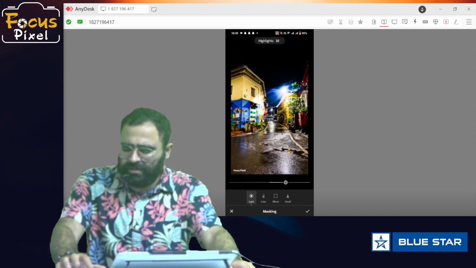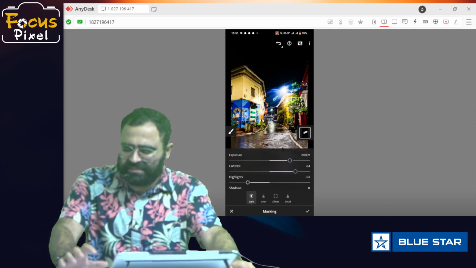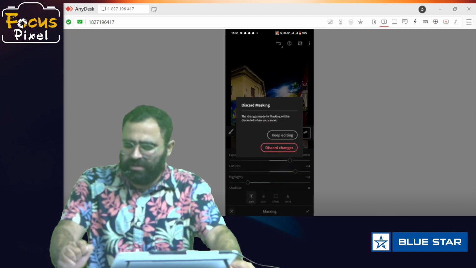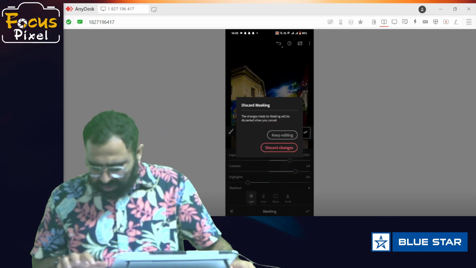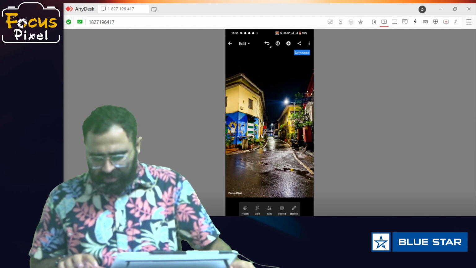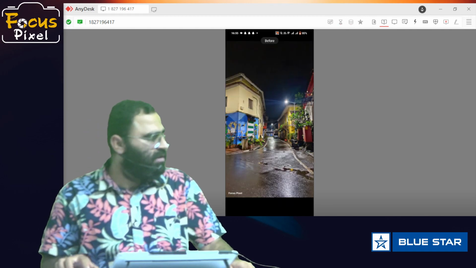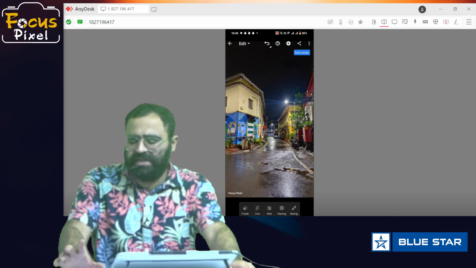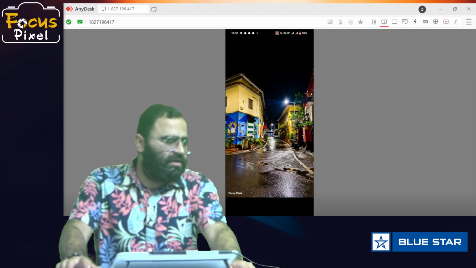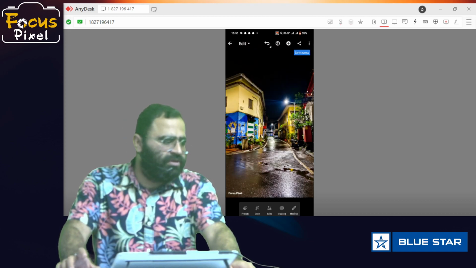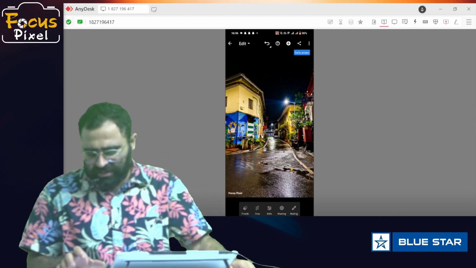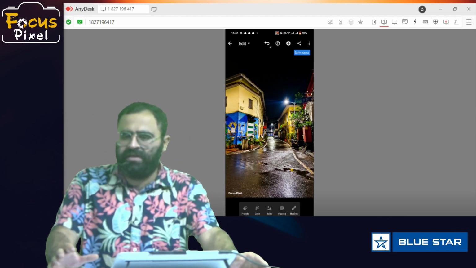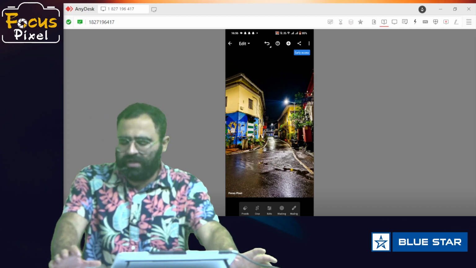The rest of the image will be the same as it is. So this is all about Lightroom, where this is the original image, and this is the edited image. So basic cropping, basic editing you can do.